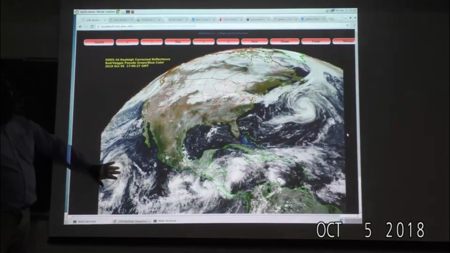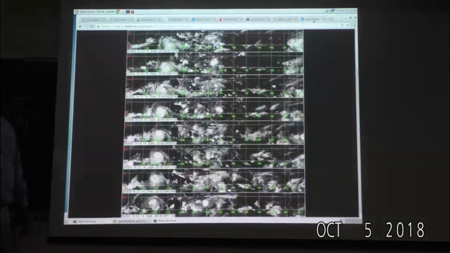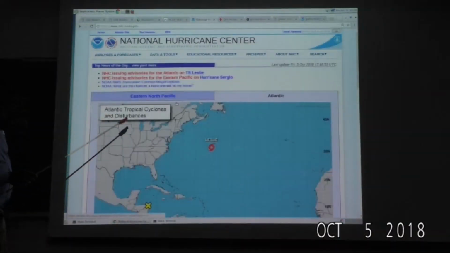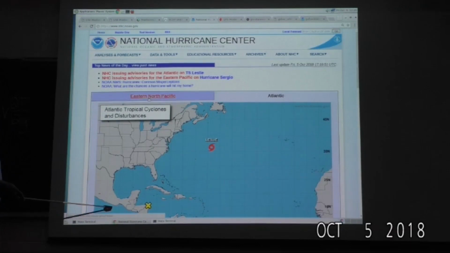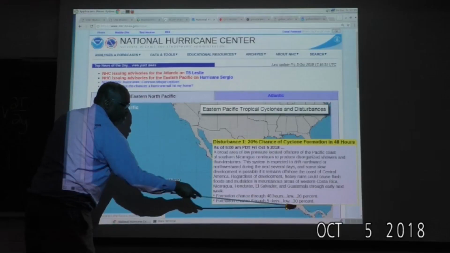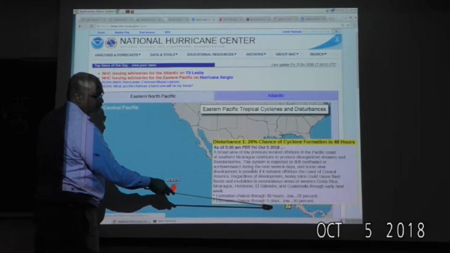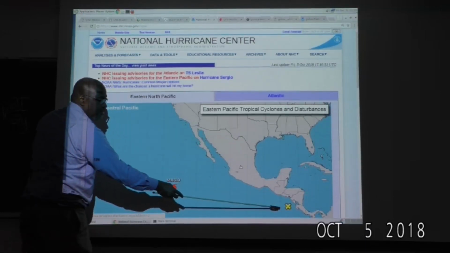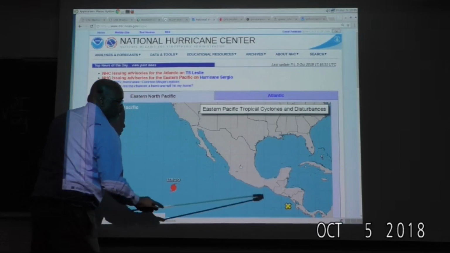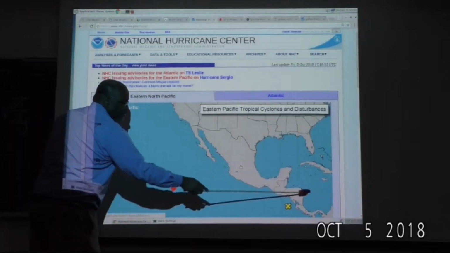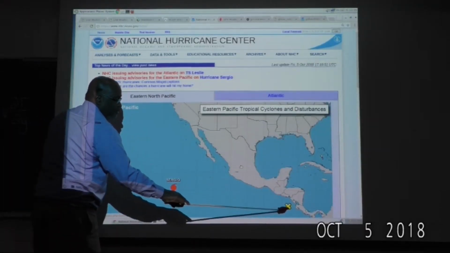This storm over here, if we go back to the NHC and click on the Eastern Pacific, if we go back to home. Remember this disturbance here, and watch, if you click here, you might still see. So again, this broad circulation that's out over the far Eastern Pacific. If you could move that for a second, Pete. We have the little X here, the Caribbean, this X here. Again, there's a broader scale circulation here where some of these disturbances are. So they're really the same disturbance on either side. It could be of this large, right? Yeah, sometimes you'll see separate disturbances develop from a big cluster, but this is one that the Hurricane